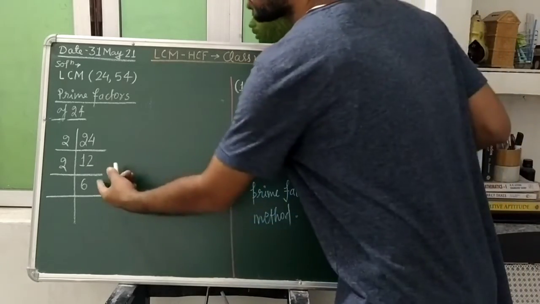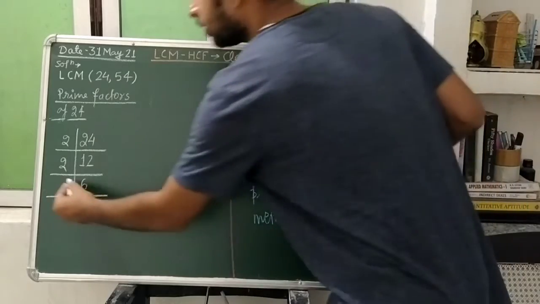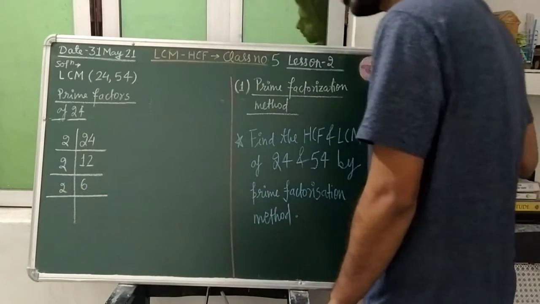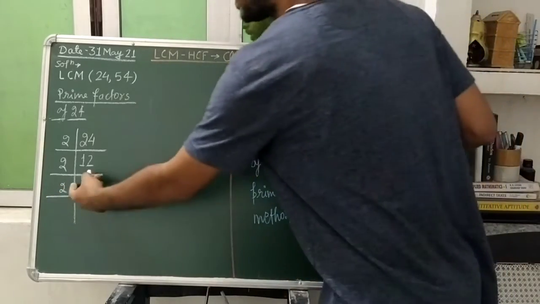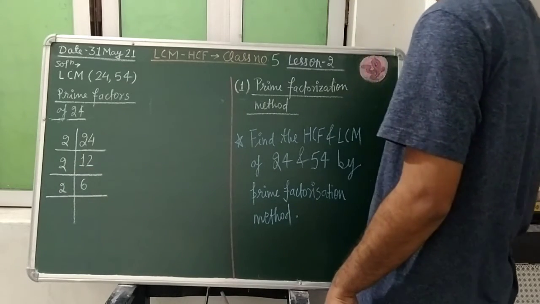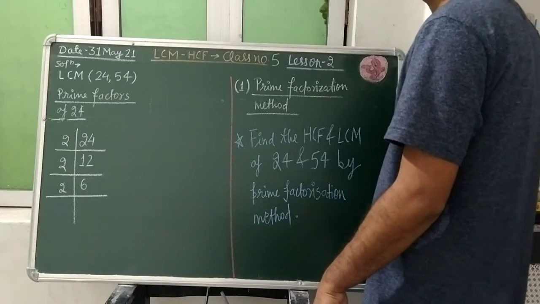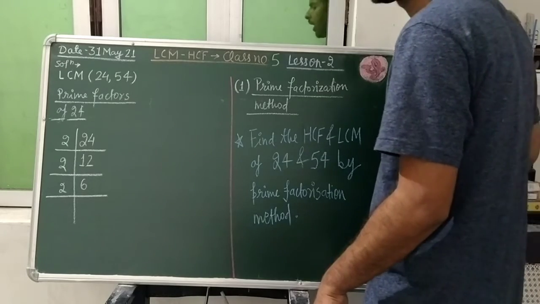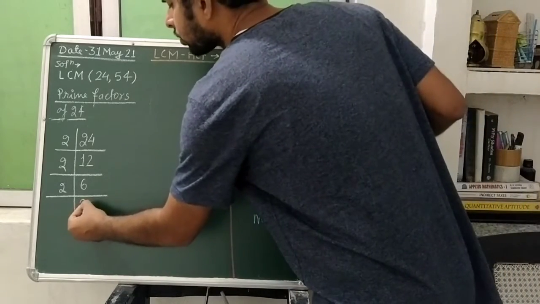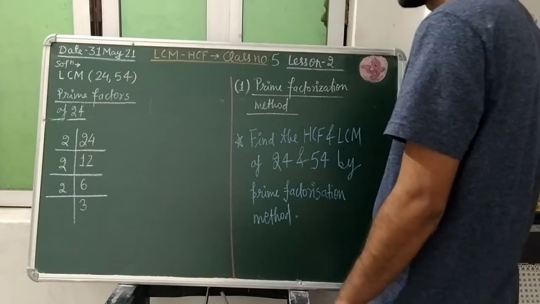So whether 2 is going to divide this? Yes, 2 will divide it. So we shall select 2 here. And how many times will 2 divide this 6? Of course when 6 is divided by 2, the quotient will come out equal to 3 and remainder will be equal to 0. So that 3 we will write here.